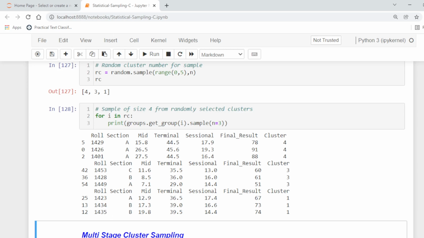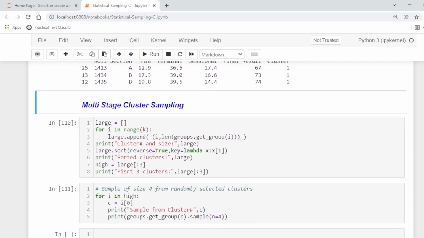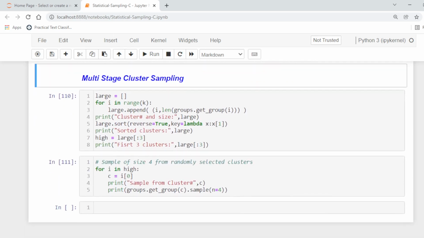This is called two-stage cluster sampling. First of all, clusters are selected randomly, and after selecting the clusters, we are using the sample function to randomly select members from these clusters. In multiple stage cluster sampling, we extend the two-stage cluster sampling.